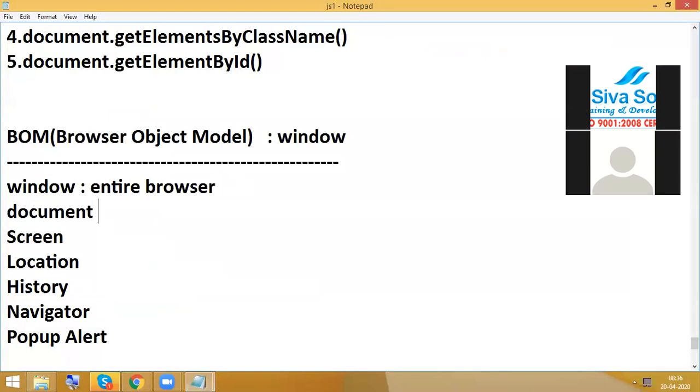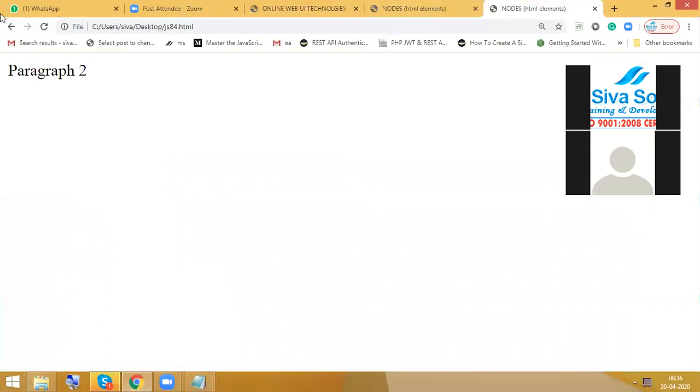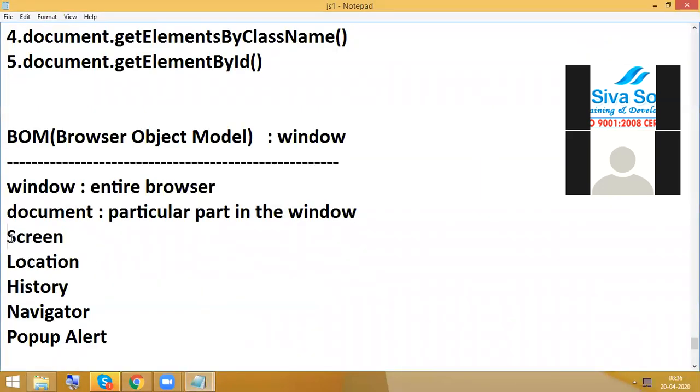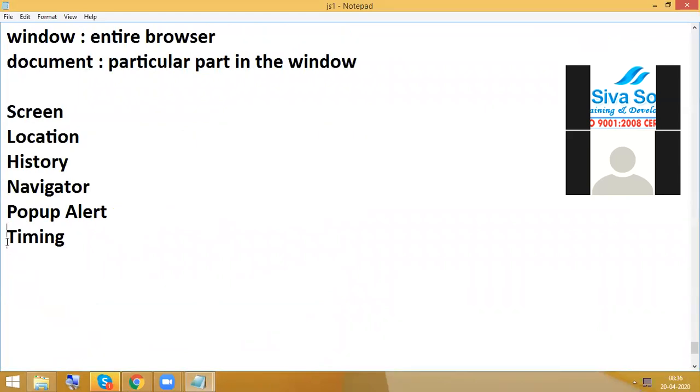Document is a particular part in the window. So the entire browser, including the path and everything, is window, and the particular part is document. Now we are going to have some examples here.